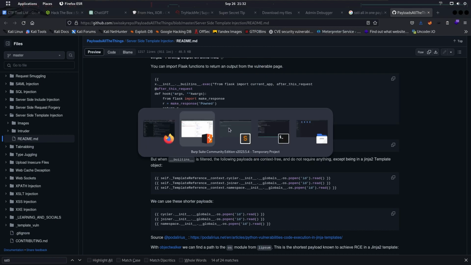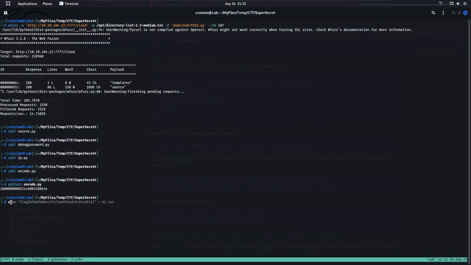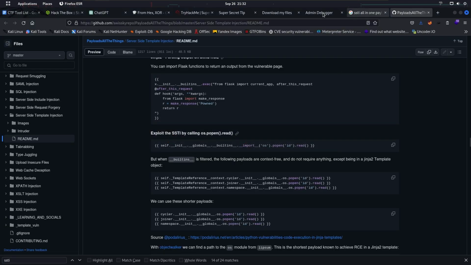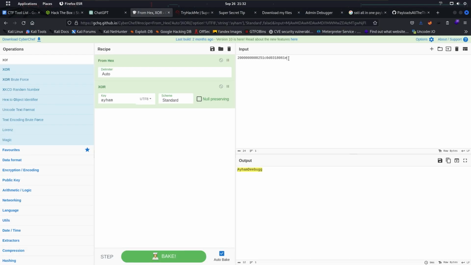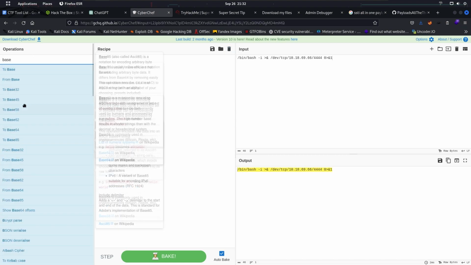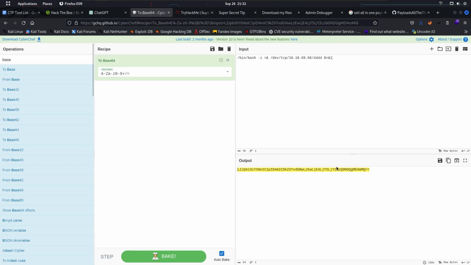Copy, and we have to make it into base64 format. To base64. We're gonna copy the base64 code,